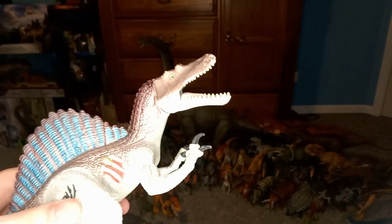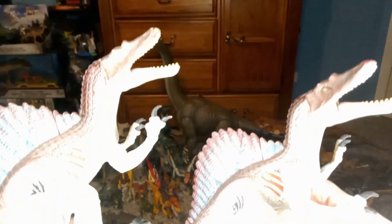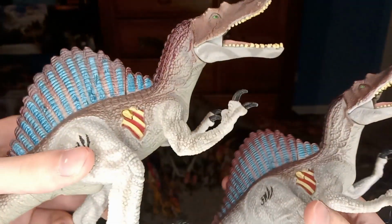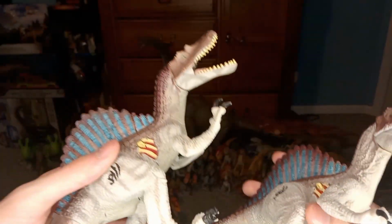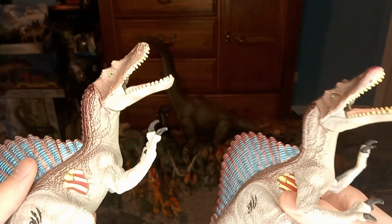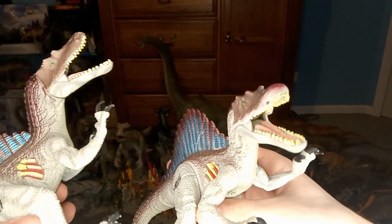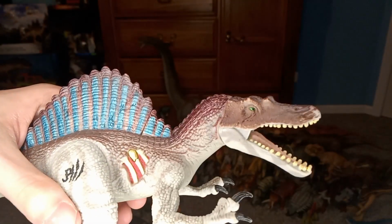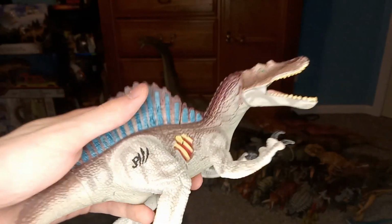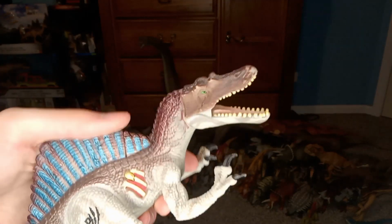Here are two Jurassic World Aqua Attack. Here are two Jurassic Park 3 Aqua Attack Spinosaurus Aegypticus. I love this figure. It's super nostalgic to me. I actually had a third one when I was younger, but then the tail broke off, and I'm not exactly sure what happened with it, but I think it got thrown away, unfortunately. I found this one at a thrift store, and was like, oh my god, I can't believe I found one of these,